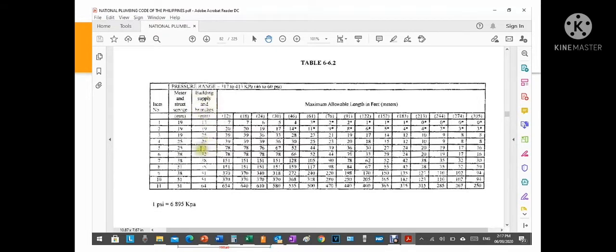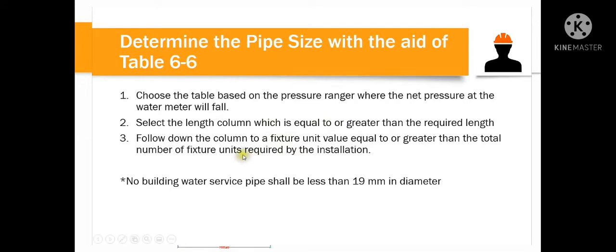So this is how you are going to determine the sizes of our pipe, given that we have the fixture unit or the total fixture unit and the length of our pipe. Okay? So, why don't we try to solve or to design using an example? Now, but before that, let's always remember that in building water service pipe, again service pipe, this is the pipe